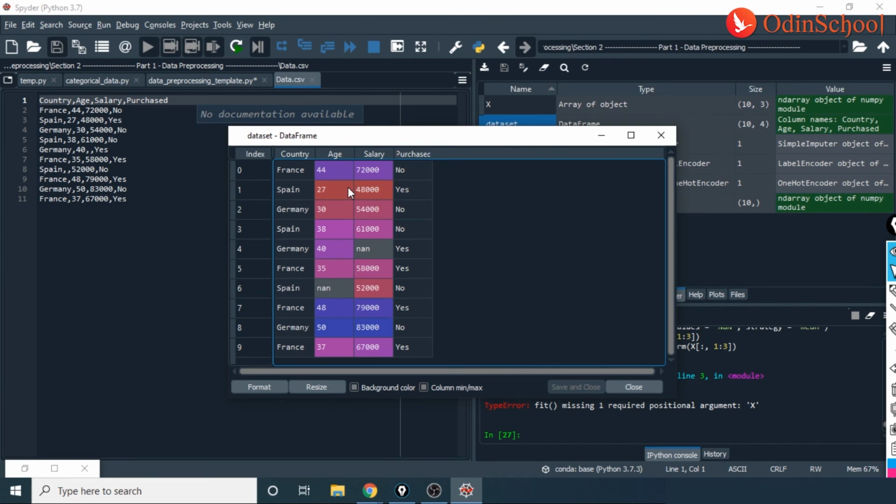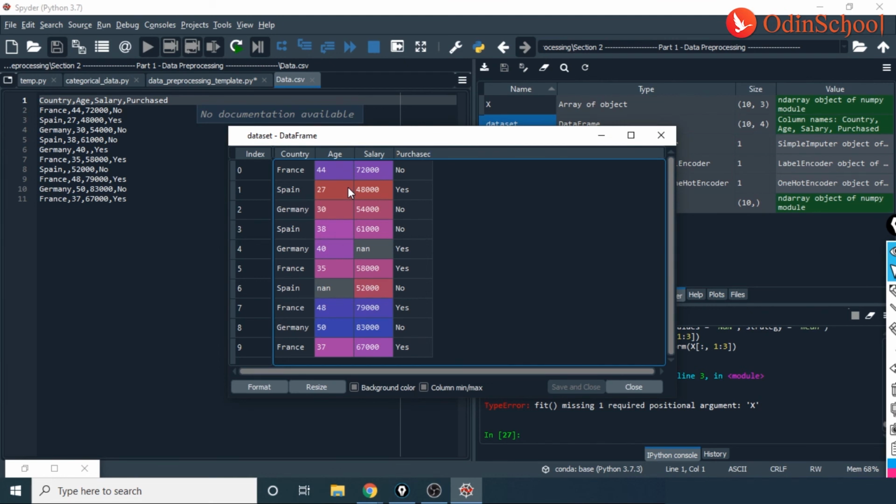Now, when I say distances, I don't exactly mean distances, I mean the distribution or the range is too huge. I mean, there is no comparison between 44 and 72,000 or 27 and 48,000. The way the information is diverse or spread here is too elaborate, correct?